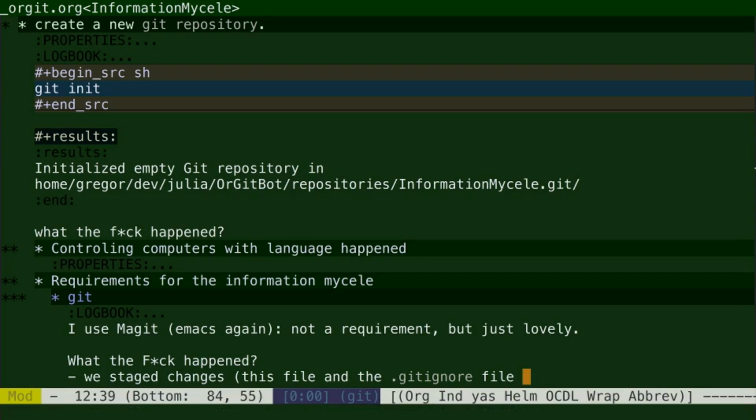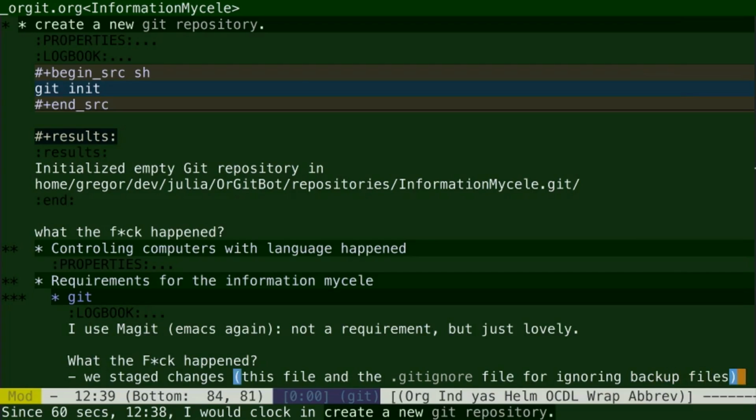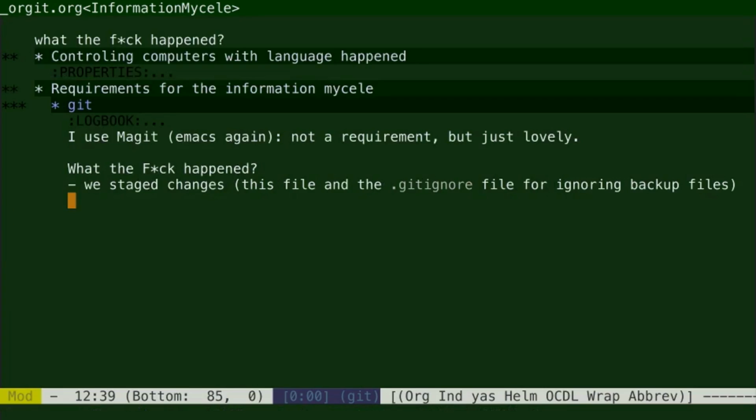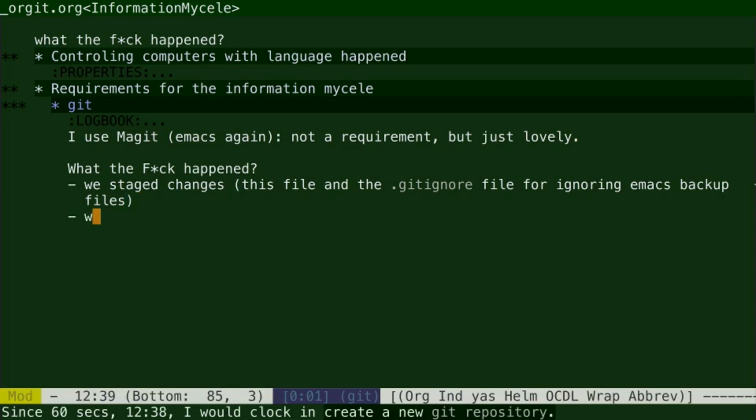So in these staged changes we added just this file orgit.org in the beginning, and then we amended the git ignore file for ignoring the Emacs backup files in our work, so we will not be confused by the display of them. And then we committed these changes and gave them a short description with a comment, right?